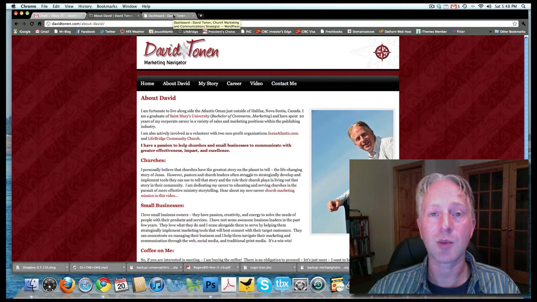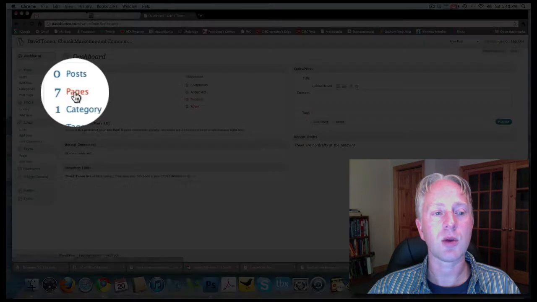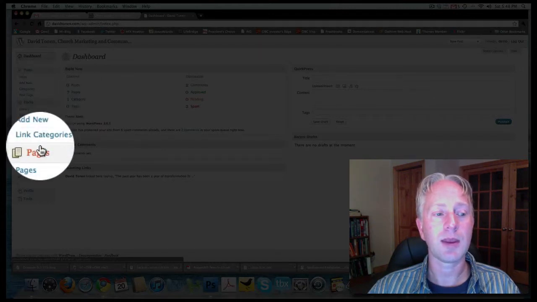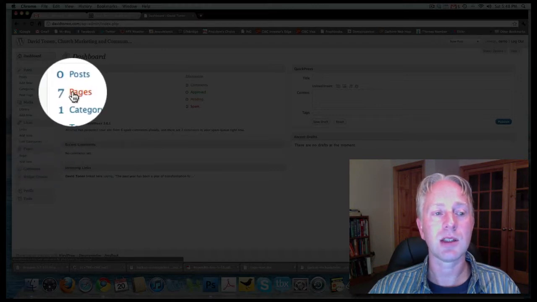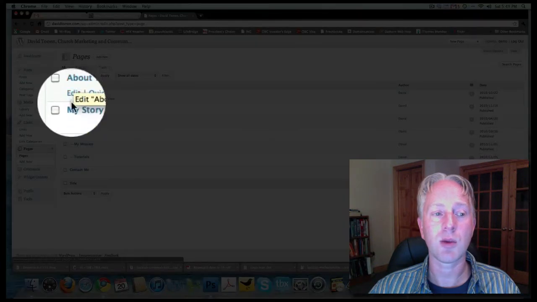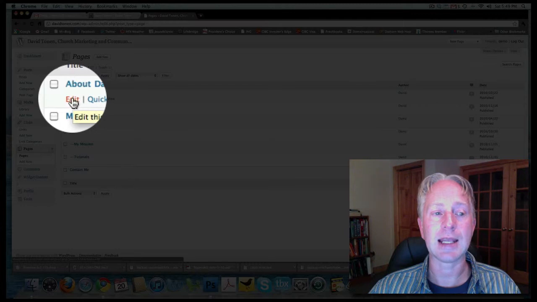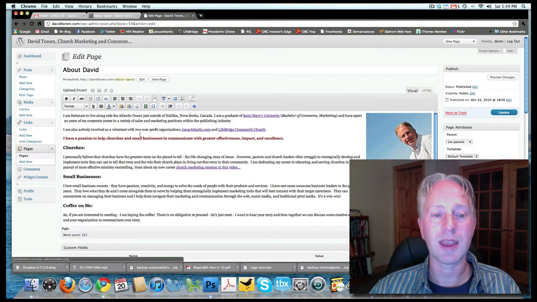So I go into the dashboard with the login that we did earlier, and now what I want to do is go to the Pages tab. I can either click on the pages to get them here, or I can get them in the left navigation menu right here. If I click on the pages, it will list all 7 pages that currently exist in the site, and I can quickly tell where the navigation is, and I find the About David page. As soon as I roll over it, it gives me an edit button. So I click on the edit button, and then I'm automatically given this editing box